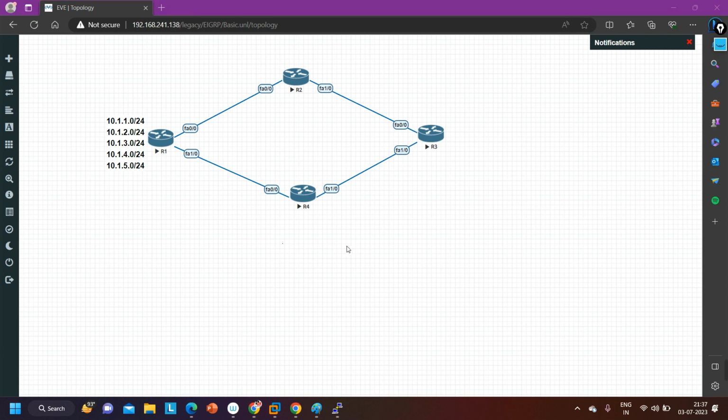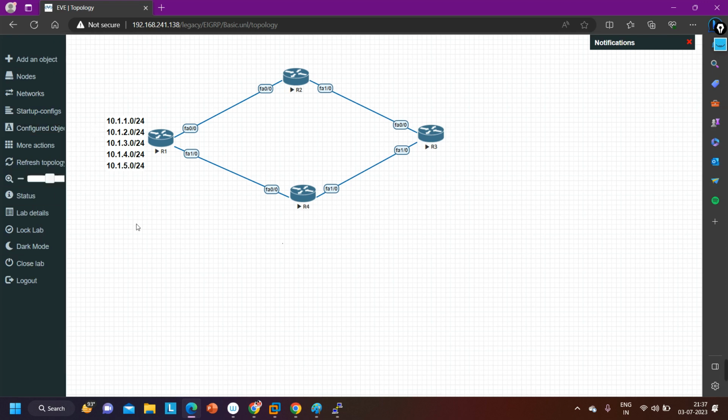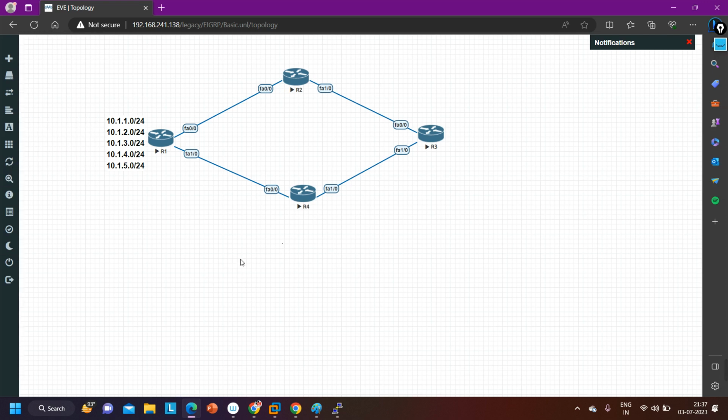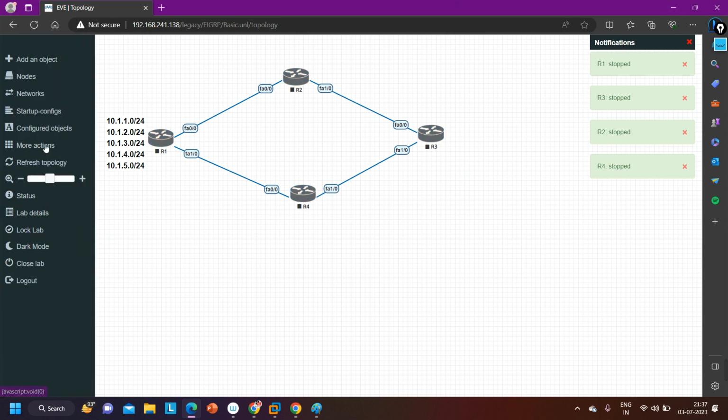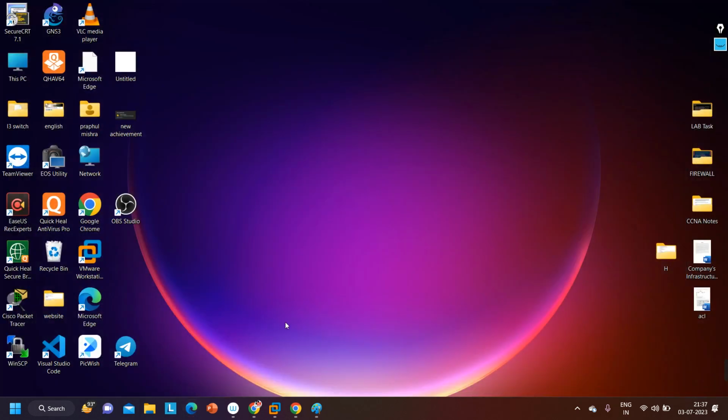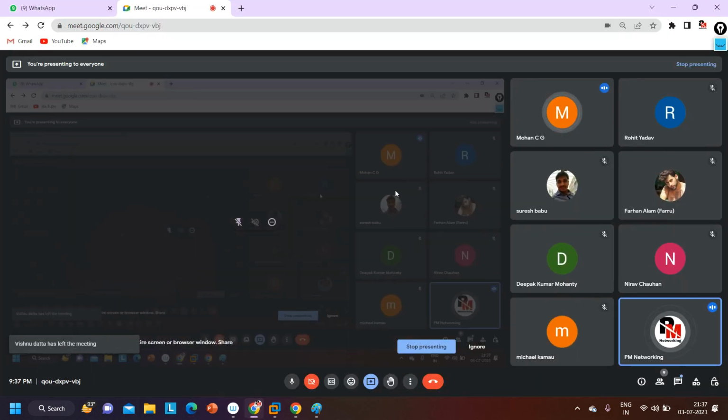Now we have the last topic, that is filtering in EIGRP. So from tomorrow we will start filtering. We have covered all the basic and advanced things, meaning the theory parts of EIGRP. Only one topic is left, that is EIGRP authentication and redistribution. So we will understand redistribution in filtering. From tomorrow we are going to start filtering. First we will understand filtering with the help of standard ACL, extended ACL, prefix list, and route map.